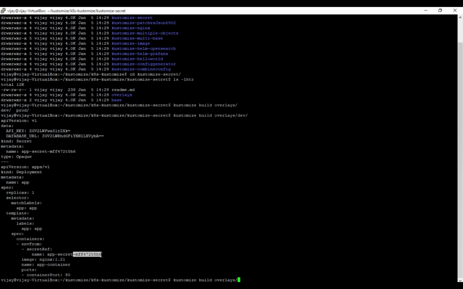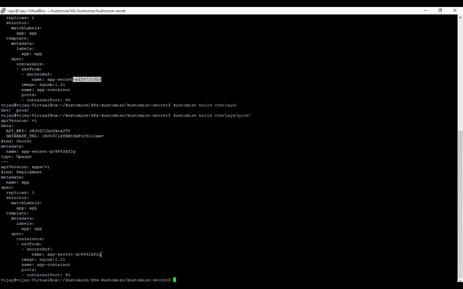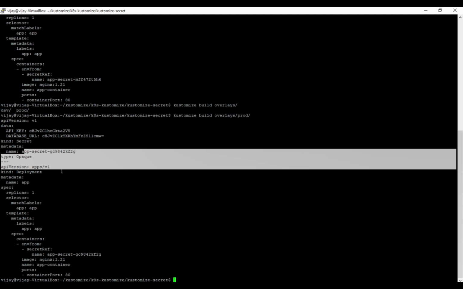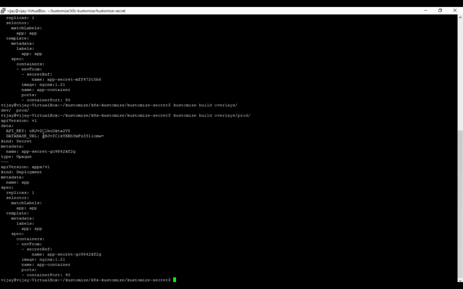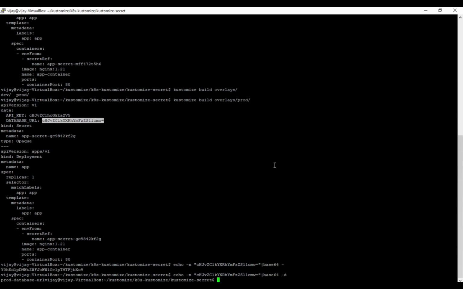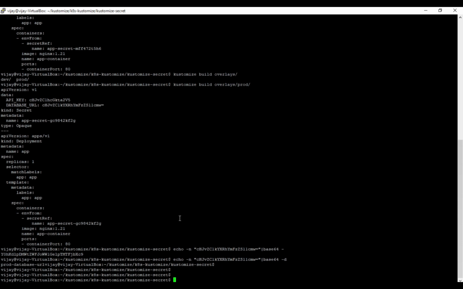Similarly, when you do it for prod, you can see here the prod secrets and the prod variables. For example, let's take this key and check whether it has generated the literal as per prod or not. You can see it's a prod database URL. That means the secret has been created the way we expected. If you want, you can go and apply. Just to save time, I'm not going to apply, because even if I apply, you get the same results. These are all tested scripts which are available in my GitHub